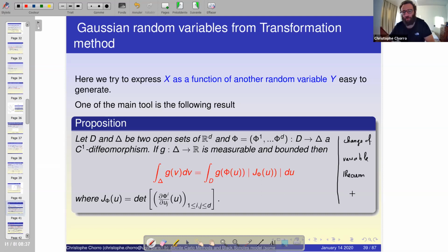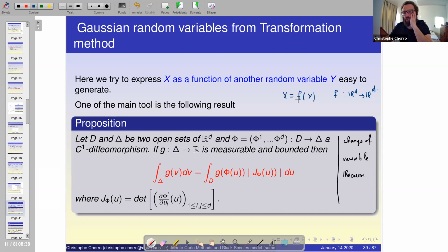Okay, you have the change of variable theorem, that will tell you that if I am in a situation where I have x, a random vector, that is a function of y, where f, let's say, is from R^d into R^d. If you know the density of y, the density of the random vector y,